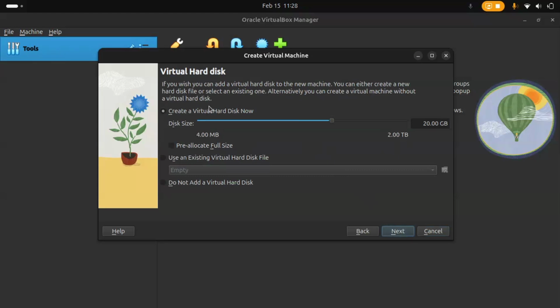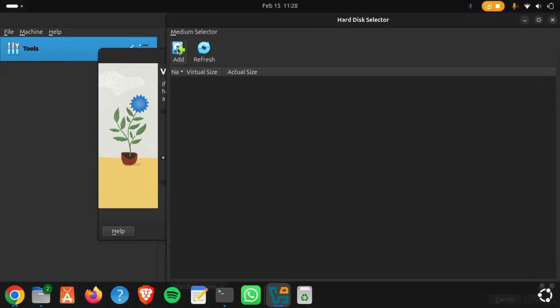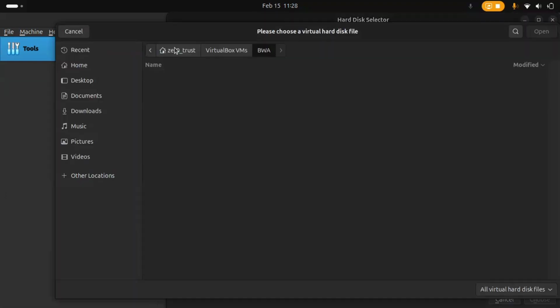Now, we don't want this. Instead, since it is not an operating system, it is a virtual machine, we're going to use an existing virtual hard disk file. So it's empty here, right? It's empty, so we have to now click to go and access the file we need. So let's add. So you click on add, and then it takes you to,